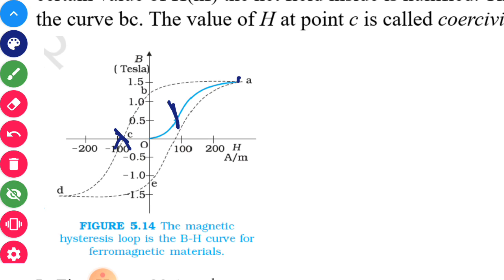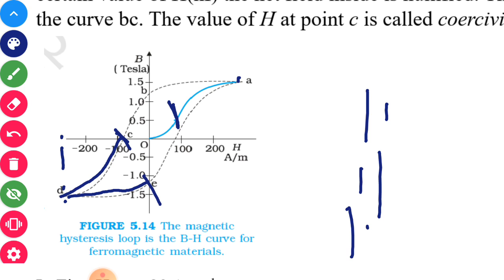Now you are again increasing the current in the opposite direction, so again saturation magnetization is obtained at about 300 milliampere or so in the opposite direction. Then again you reduce it, and the current becomes 0. Then this point E is obtained, where some magnetic field remains even if the current is made 0. Now what will you do? Again the battery is changed. First it was positive-negative, then it was negative-positive.